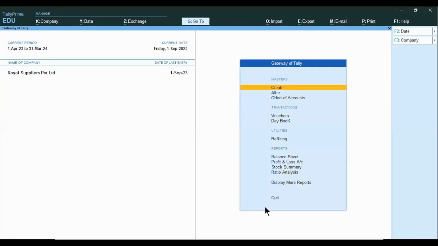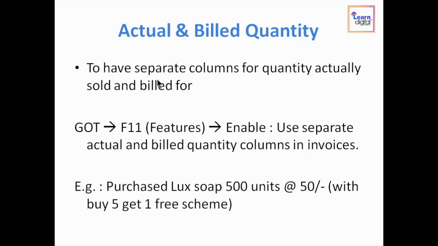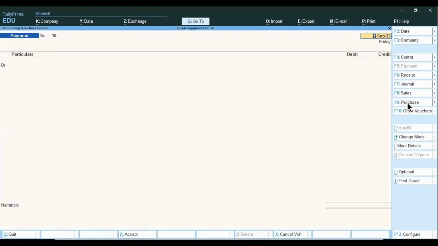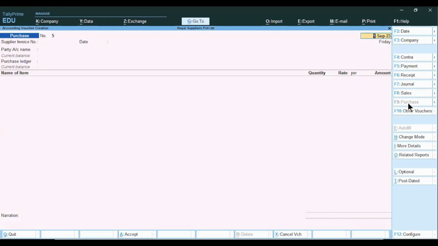This is our company, Royal Suppliers Private Limited, and now we have purchased Lux soap. So we will create this item. At the same time, we will enter the purchase invoice with different columns. For this, first go to F11, enable use separate actual and bill quantity columns in invoices. So open voucher, it's a purchase invoice. Now see, this purchase invoice has only one quantity column. Now what we will do, we will open